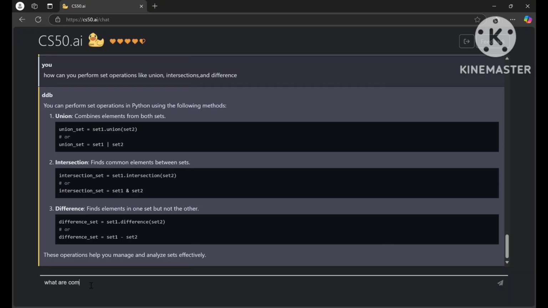First, I'm showing the common methods and functions available for lists,